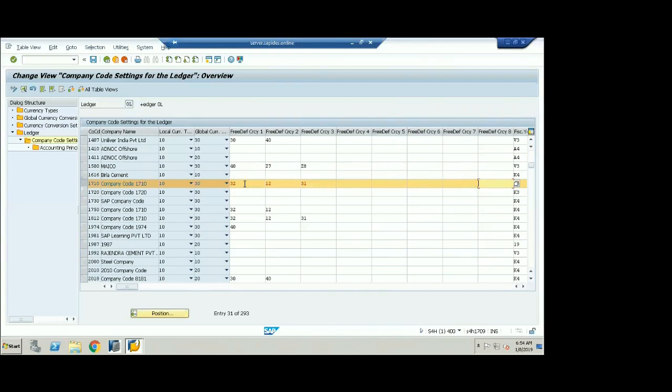For every currency type, you can maintain a currency over here. So, 8 freely defined currencies. Additionally, you are getting 8 freely defined currencies at your company code level for any kind of reporting, where if you want to show reporting from euro to USD, euro to INR, or euro to GBP, you can maintain 8 freely defined currencies for one company code from today onwards.